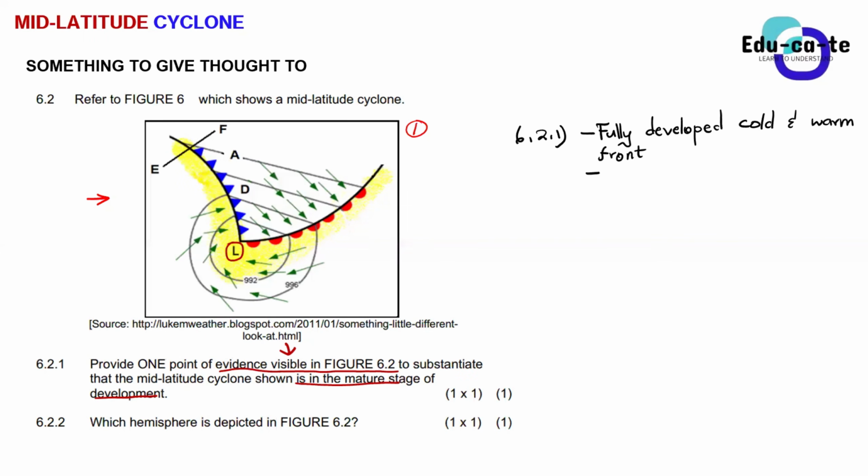Are you still with me? Yes, sir. Yes, Trevor. I want to ask whether this thing happens at the surface or up in the atmosphere. At the surface, guys, the mid-latitude cyclone is something that we actually experience here on Earth. When we look at the different diagrams representing a mid-latitude cyclone, that's when you will properly see how it looks on the surface and how it overlaps. But it goes from the surface all the way to the upper atmosphere.